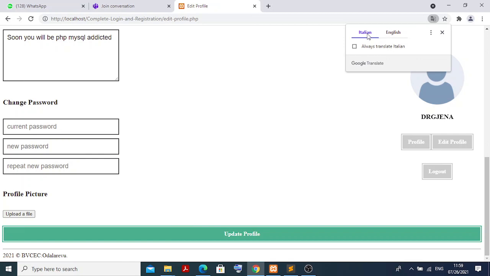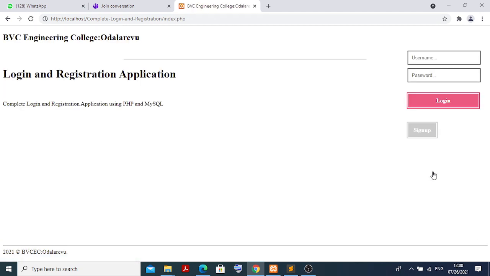So once everything is there, don't worry about these things, and you go for the English and close it here. And once all things are over, you can see a beautiful web page you have made, and I think you have taken less than 30 minutes to complete all these things. Then if you want to log out, you can click this and you are logged out. Yeah, beautiful.